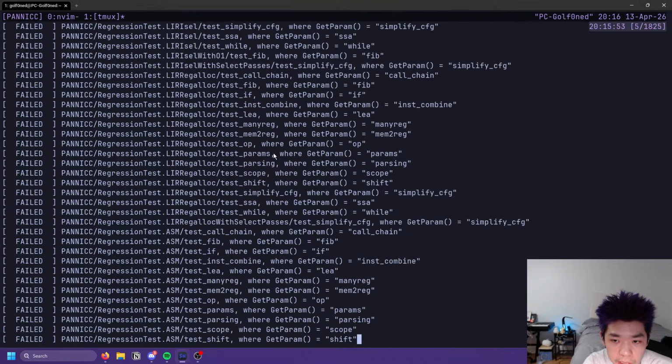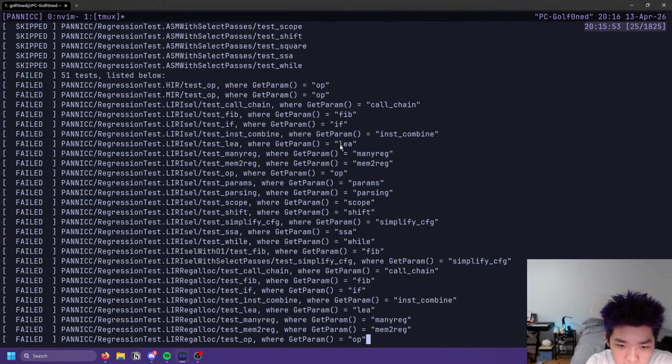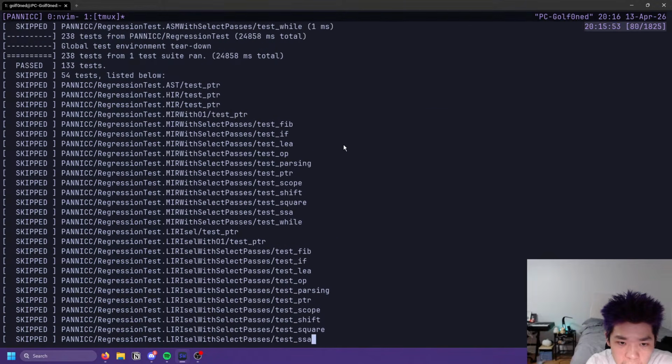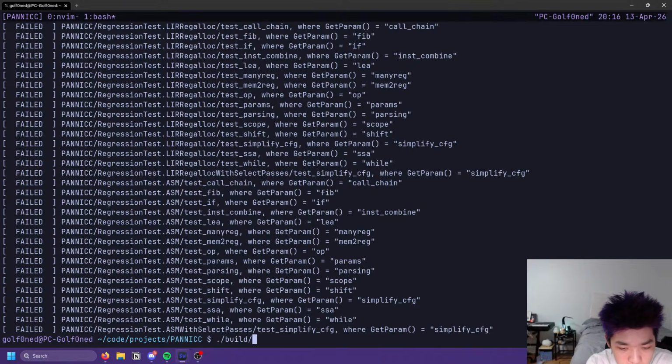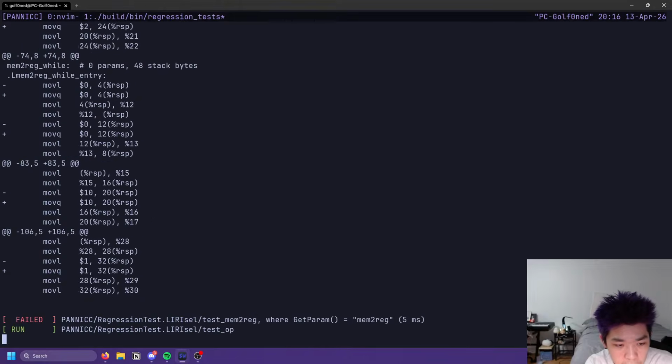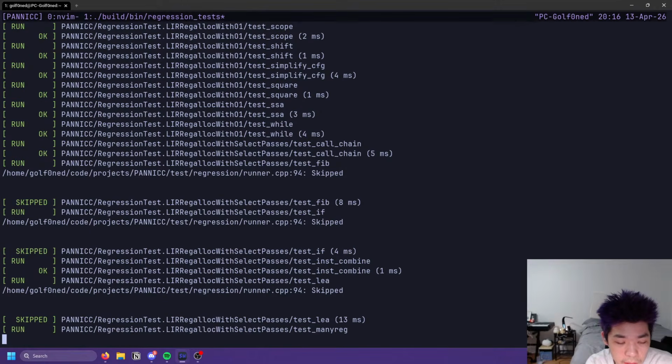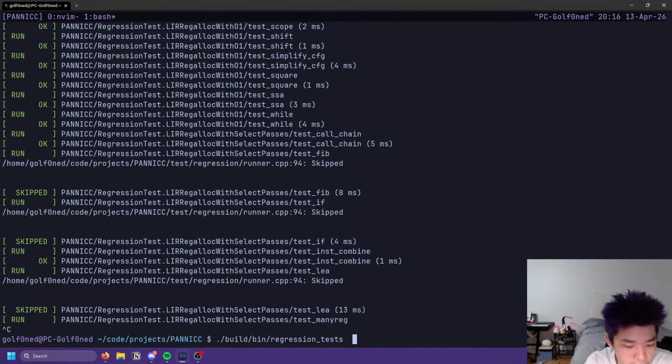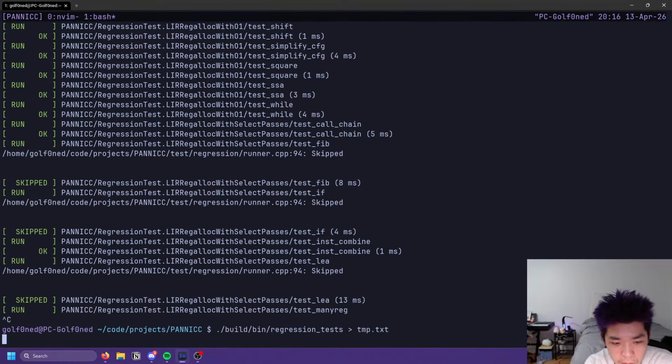Why is the opt? Oh, wait. Okay, let's just look at this again. Or maybe we can just pipe it all to temp, and that might be easier to look at, so we can keep it persistently up.